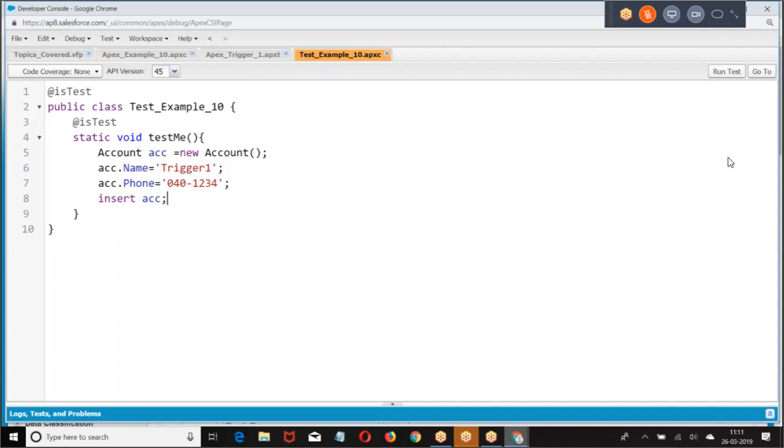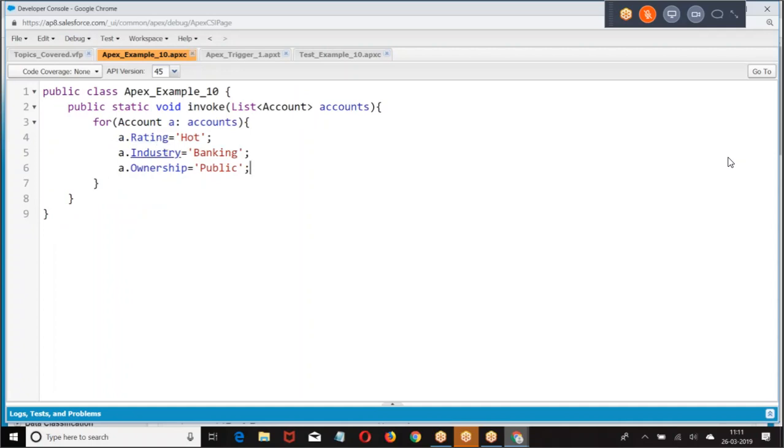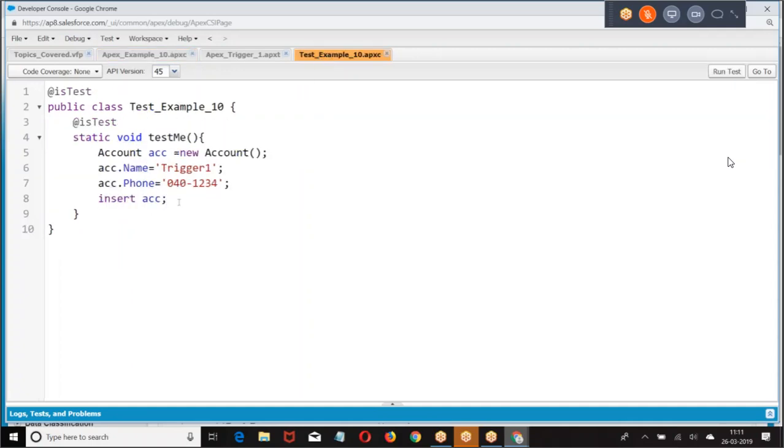So after inserting the record, I am writing a query to find out the values of ownership, rating, and industry from account